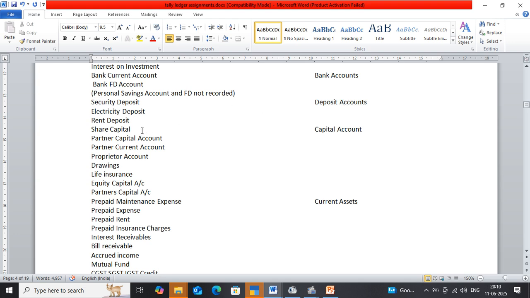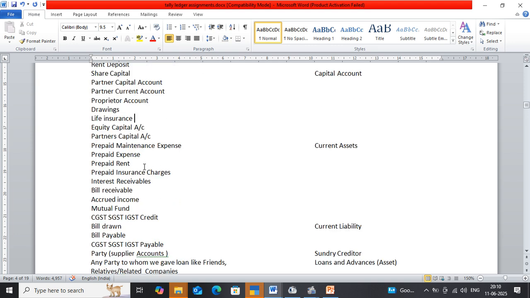share capital account, partner capital account come under the capital account, partner current account comes under the capital account, proprietor account comes under the capital account, drawings account, life insurance comes under the capital account, equity capital account, partnership capital account, prepaid expenses